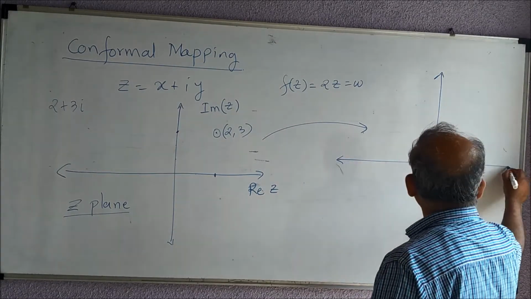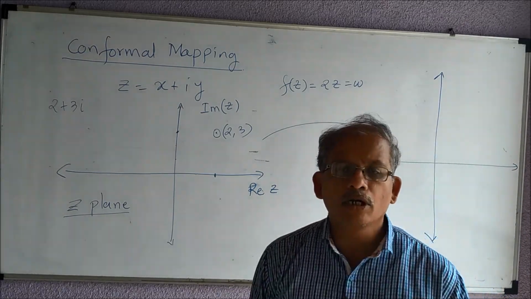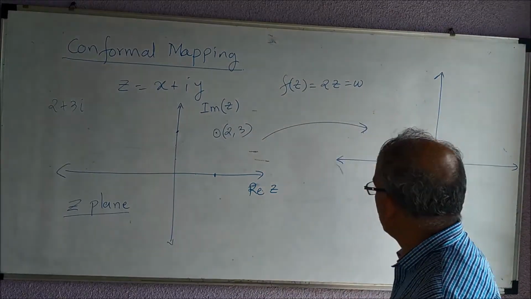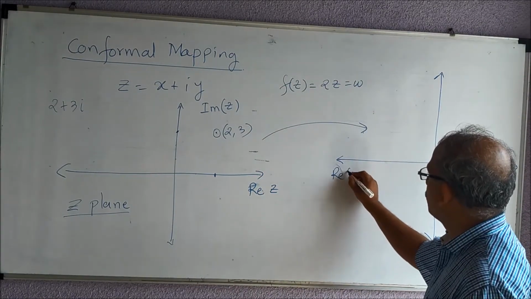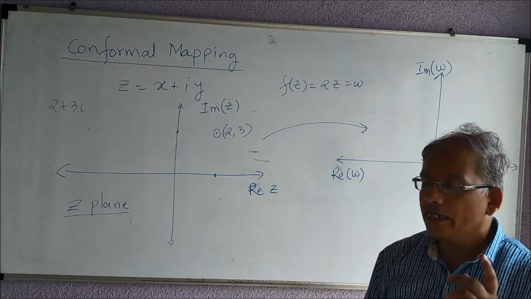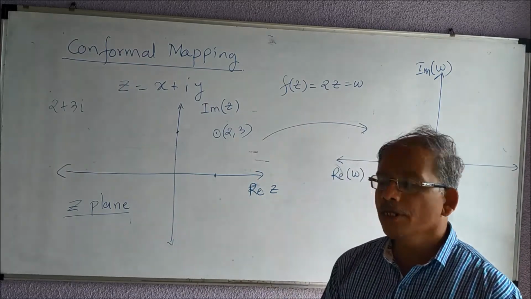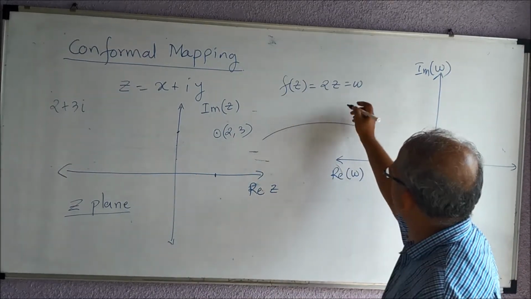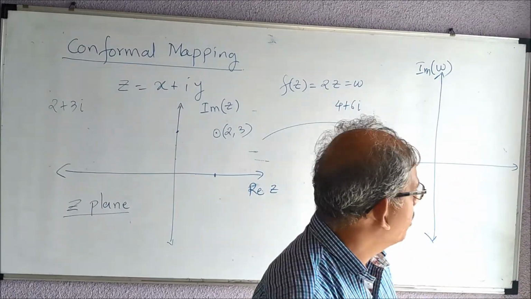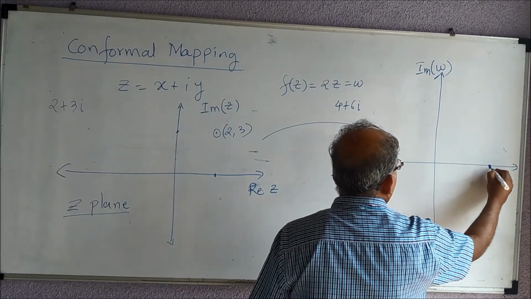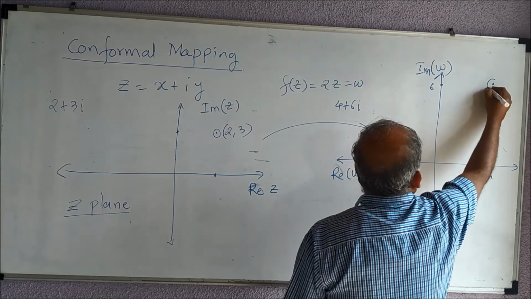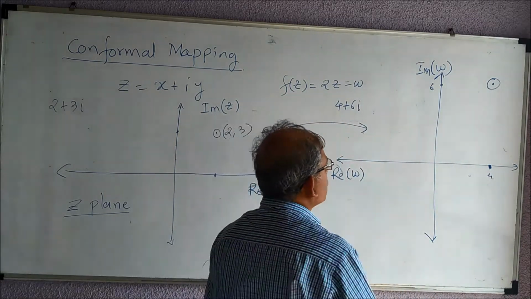So to map w, now see that w is again a complex number. So we need a plane for representation for this. So we will say this is the real part of w and this is the imaginary part of w. Okay, if I take the same example, say (2, 3), then of course w will be what? It will be 4 plus 6i. So where does it get mapped? It gets mapped to, say, 4 is here, this is 4, and 6 is supposedly here. So this is the point (4, 6),